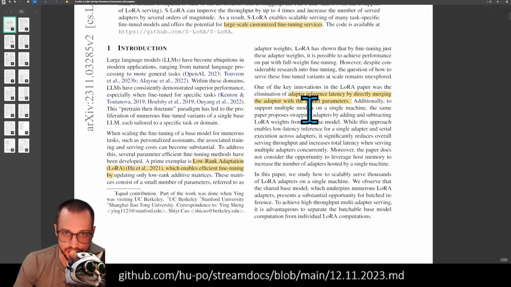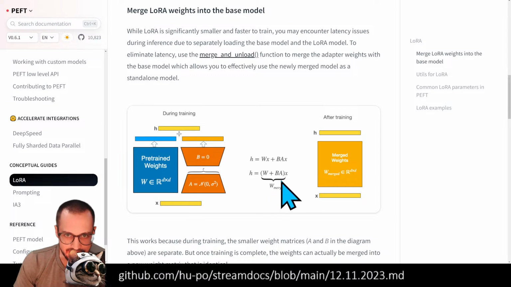The same paper proposes swapping adapters by adding and subtracting LoRA weights from the base model. While this approach enables low latency inference for a single adapter and serial execution, it significantly reduces overall serving throughput and increases total latency when serving multiple adapters concurrently. And this is the key idea in this paper. So in this paper, and they're going to eventually show you why, they don't merge the LoRAs. They realize that if you only have one LoRA and one set